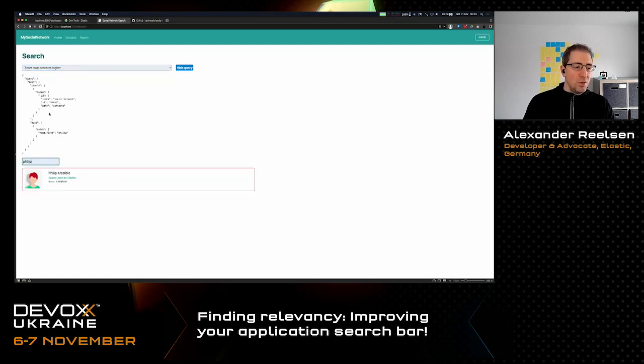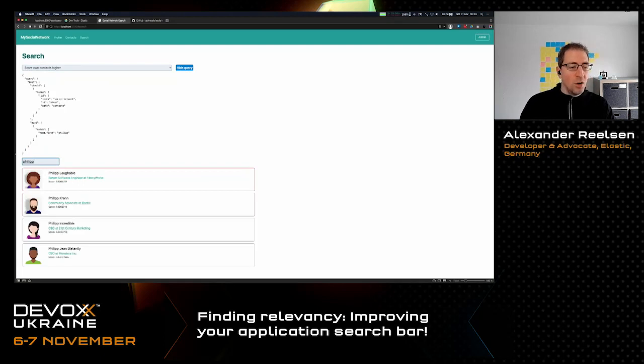So the first thing we do here is that we're scoring our own contacts higher. And that works with something called a terms lookup. So now we have to already dive a little bit deeper into how full text search works. We do have a bool query here, and that is a should clause. And this is something that is very different from other data stores because in search, everything is about relevancy. And this means that you can score things higher based on other criteria. So you can make a document more relevant instead of just excluding or including it.